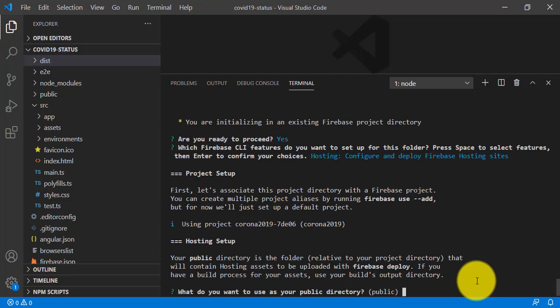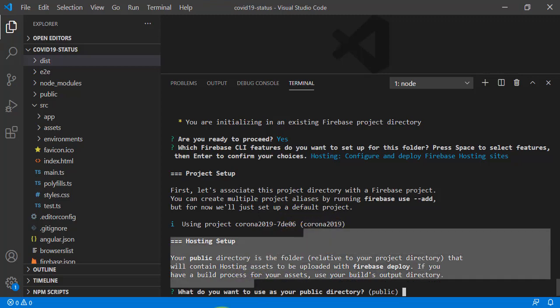Okay, now it is showing my project, Corona 7D E06, which I already have using as my default project.